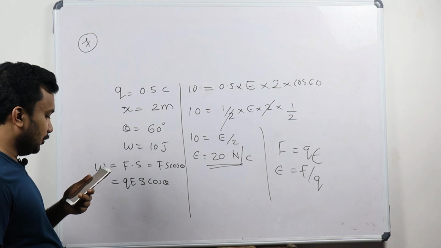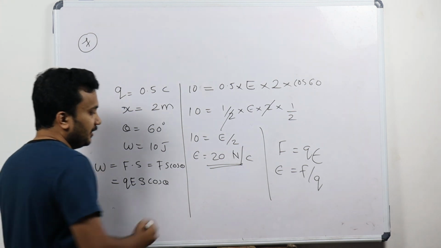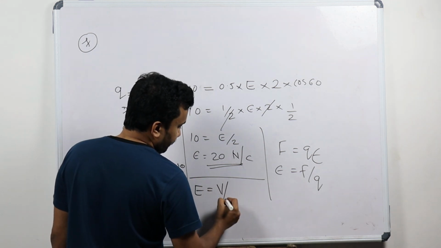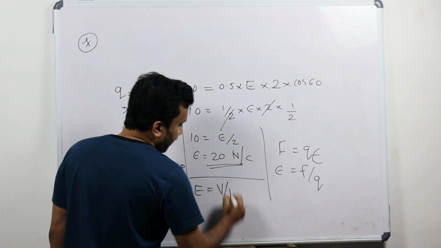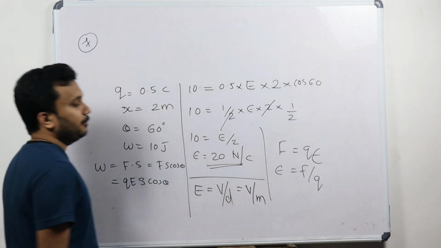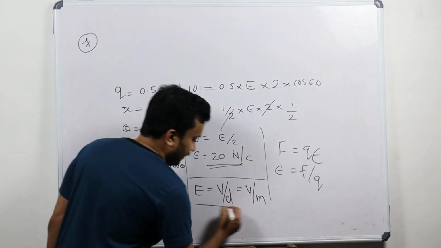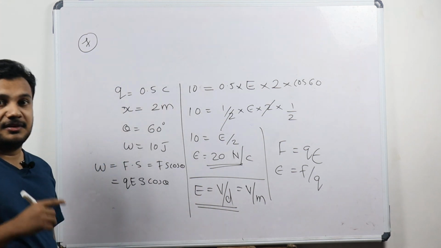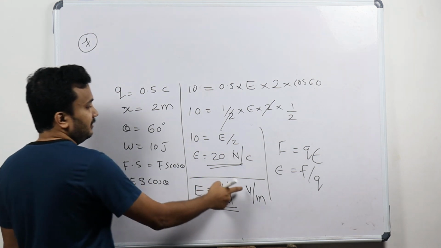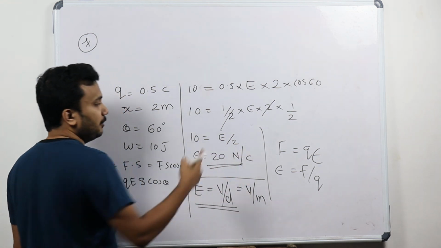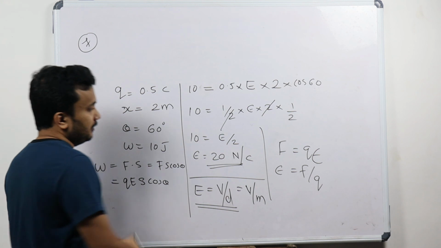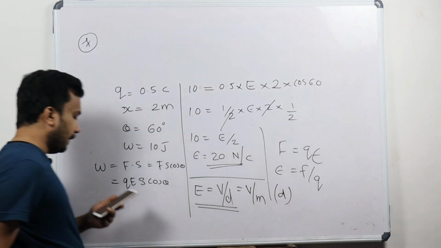And the answer is 20. So there is another unit, which you will learn in potential also. There is one formula; you don't have to remember it now. E is equal to V by d. V means voltage divided by meter, volt per meter. This is another formula of electric field, related with the potential. This we will learn when we go to the next topic, the capacitance chapters. But here, instead of the unit Newton per coulomb, volt per meter is written in the question. So answer D is the right answer for question number 7. Answer is D.